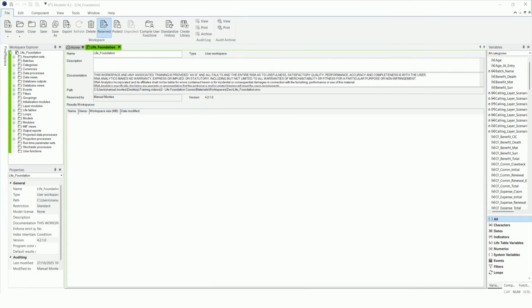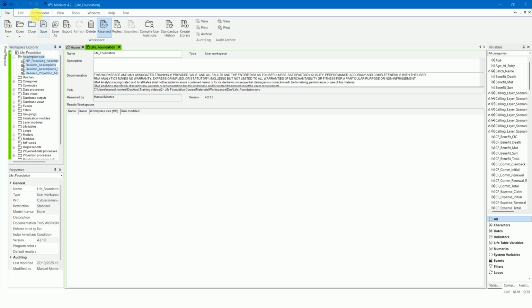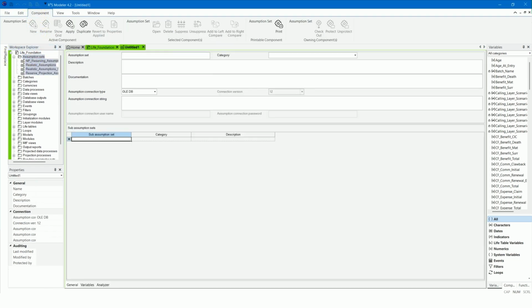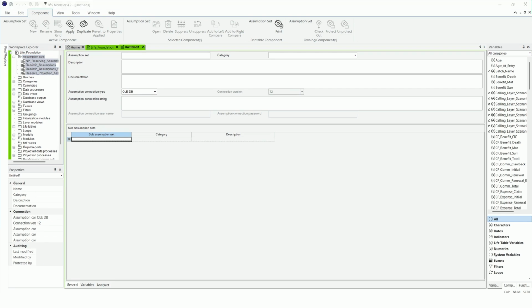Appendix 7, External Assumptions, Part 2. Now, let's set up a couple of assumption set variables so the values are read from an external Excel file. Add a new assumption set called Realistic Assumptions EXT.